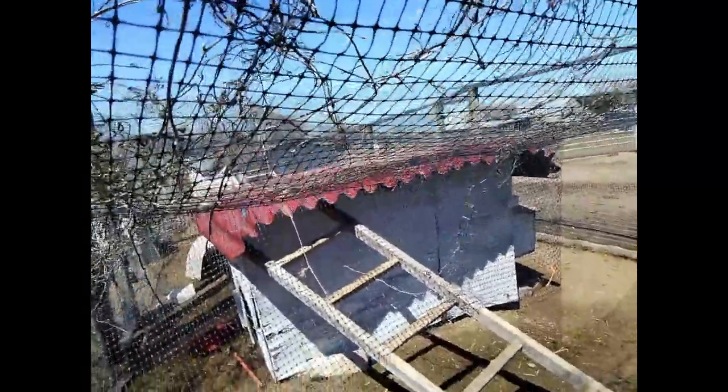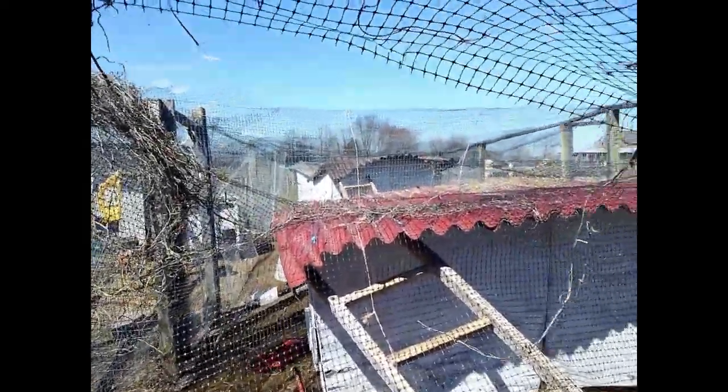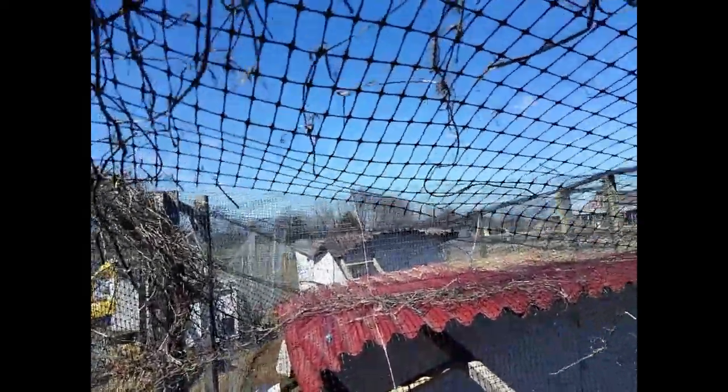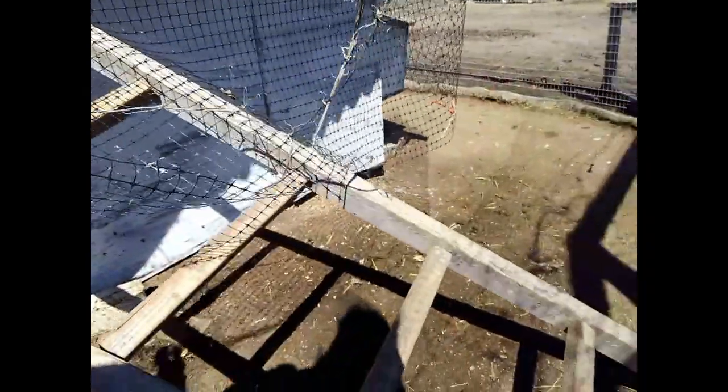Okay, finally have a day that I can actually work on this, but with the nor'easter that we had and the weight of the snow on the netting, not only did it pull the netting down, not this part of the fence down, I had to pick that back up, and it broke 3 of the legs off of my chicken house. I said in my intro video that there were mistakes that I made when I made this, and that was one of the mistakes that I made,